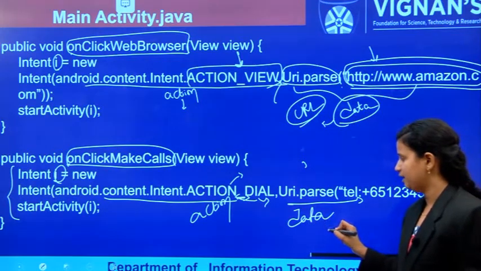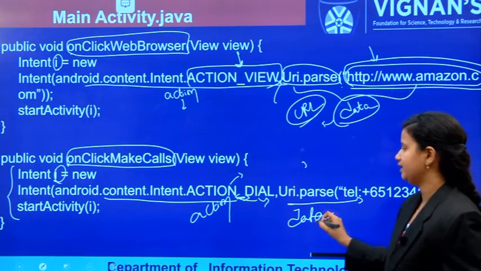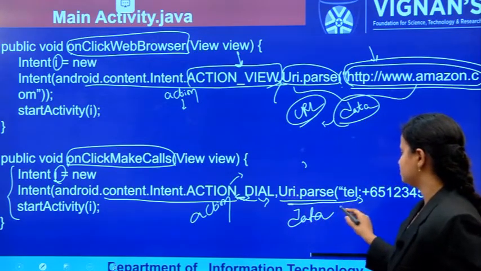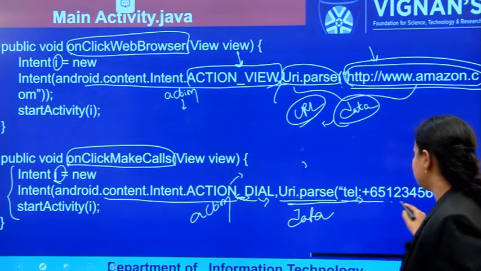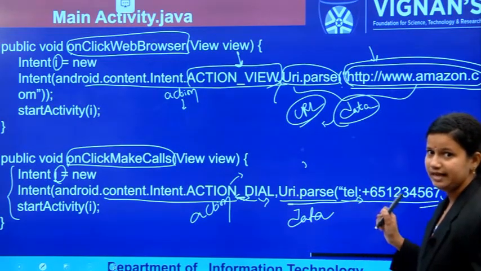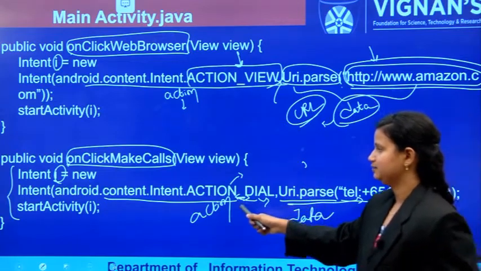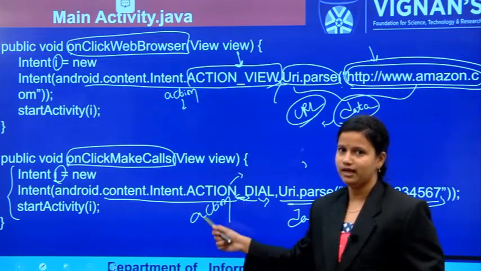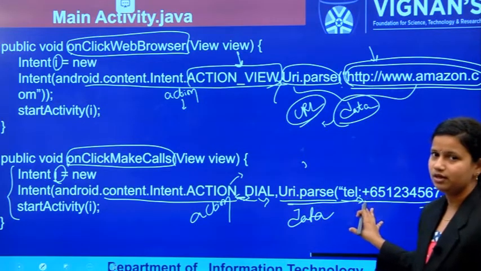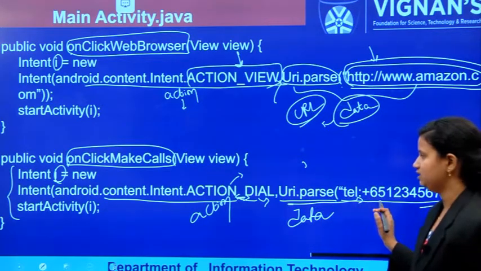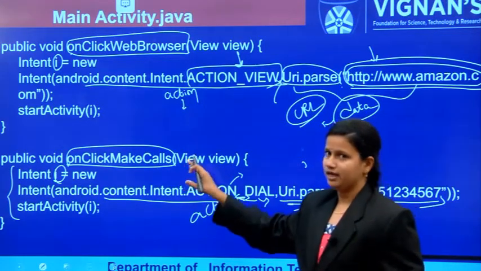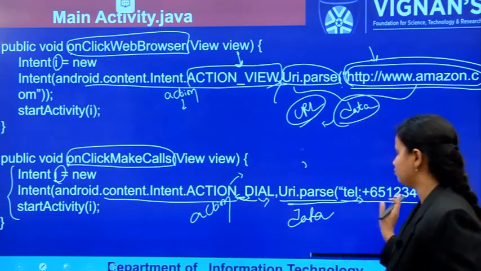So what is the second parameter? The data. What data are we passing? It is Uri.parse of the telephone number, something like 651 and 234. That means this data will be dialed. The action is to dial the corresponding information, which here is a phone number. So whenever you click on the make a call button, it will call the corresponding number